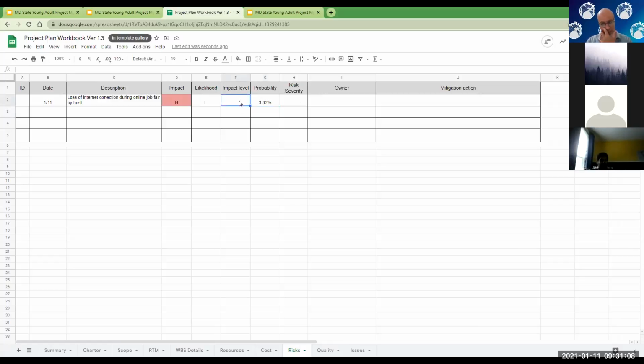We're going to say it's 80%, because if I do lose the internet, I won't be able to connect again for the next 2 hours, and chances are the program is done. So what you do then is multiply these two, this number by that number, and you get some other number here. It's not going to be a percentage.